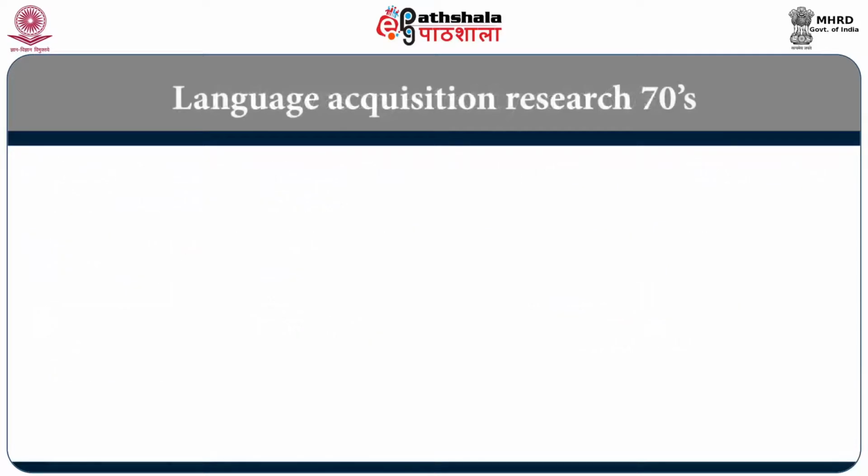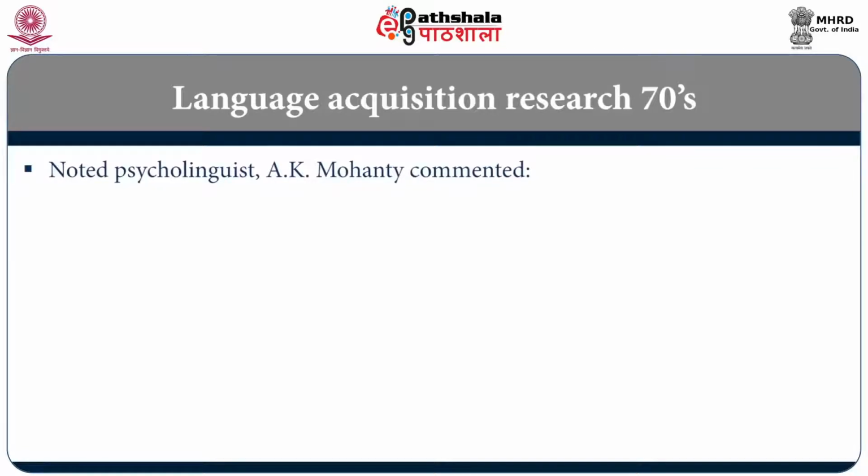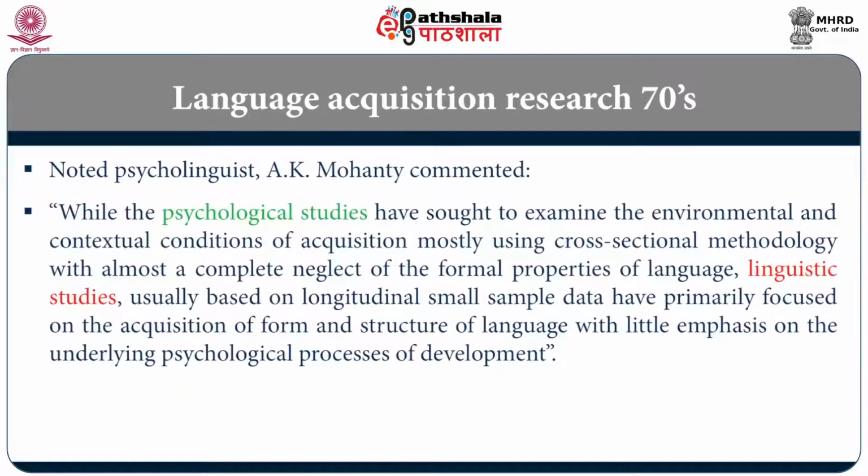So by the 70s, in what way was language acquisition studied by psychologists as opposed to linguists? Because their perspectives are slightly different. Linguists are looking at competence, psychologists are looking at performance. So how was language acquisition studied by these two groups? A very well-known psycholinguist from our context, Ajit Mohanty, once commented, and I quote, "While the psychological studies sought to examine the environmental and contextual conditions of acquisition, mostly using cross-sectional methodology, with almost complete neglect of formal properties of language,